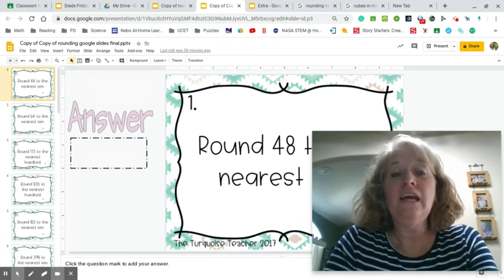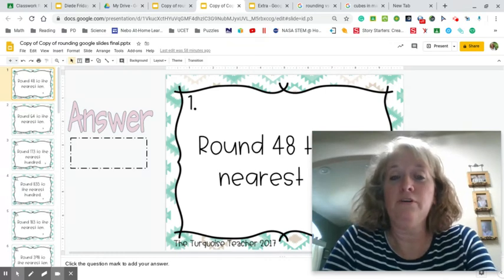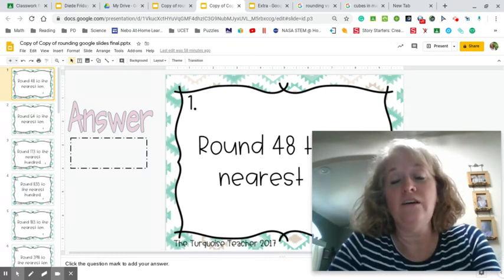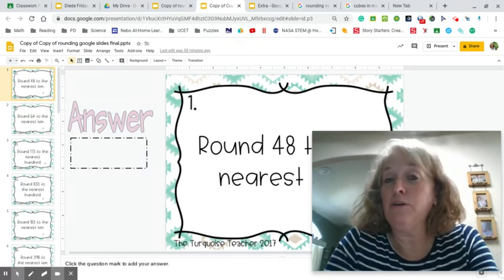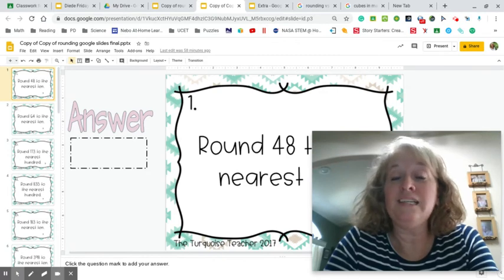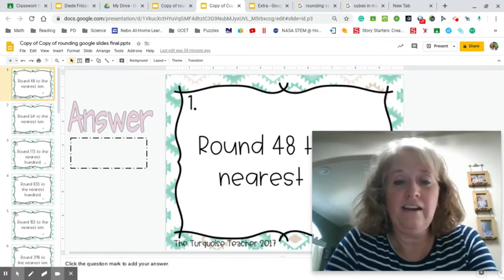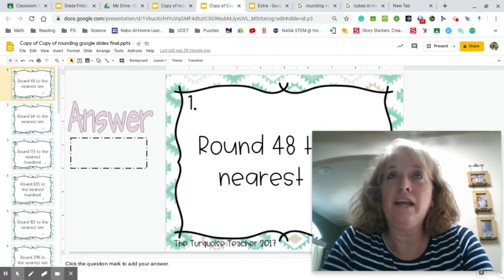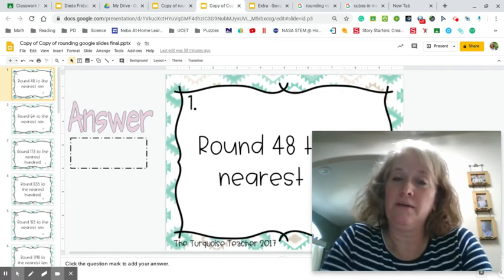Now, rounding is a way of simplifying numbers to make them easier to understand or to work with. Rounding can be used when an exact answer is not needed, and when we can have just an approximate answer for something. Okay,